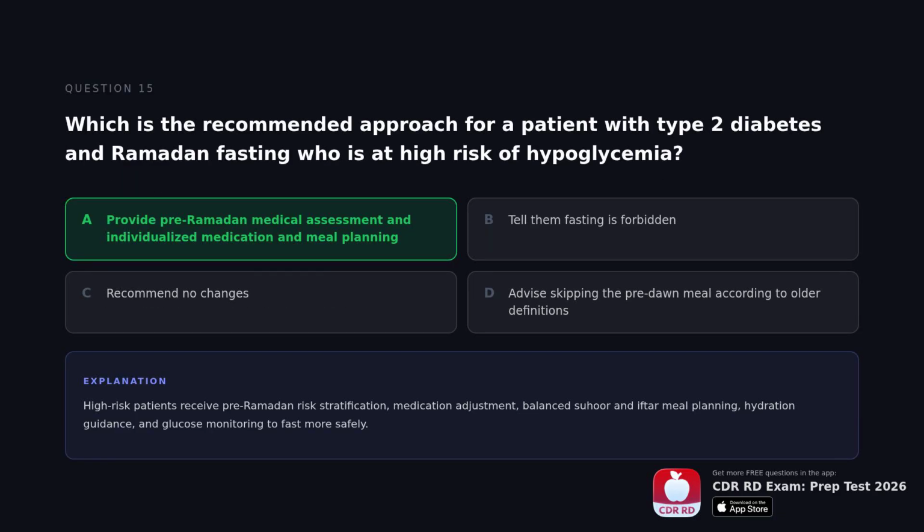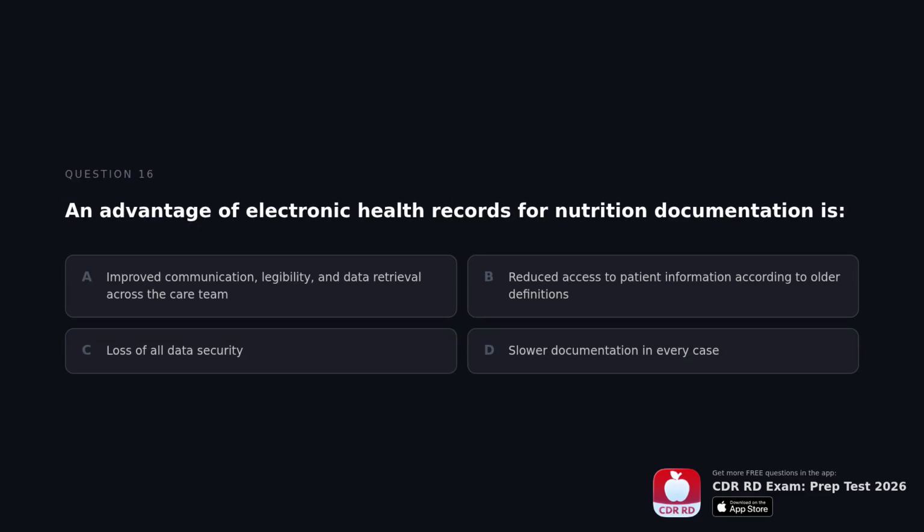The correct answer is provide pre-Ramadan medical assessment and individualized medication and meal planning. High-risk patients receive pre-Ramadan risk stratification, medication adjustment, balanced suhoor and iftar meal planning, hydration guidance, and glucose monitoring to fast more safely. An advantage of electronic health records for nutrition documentation is